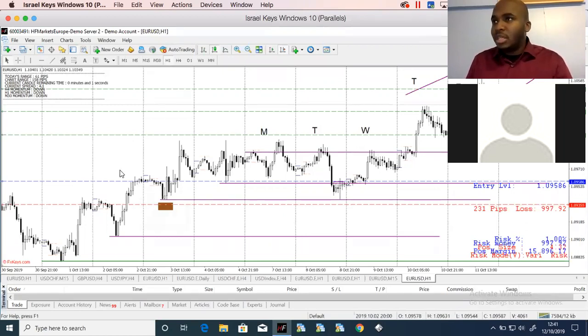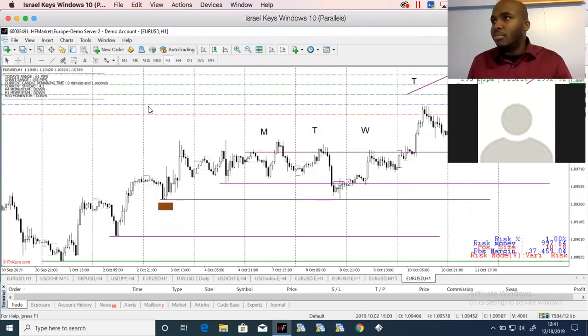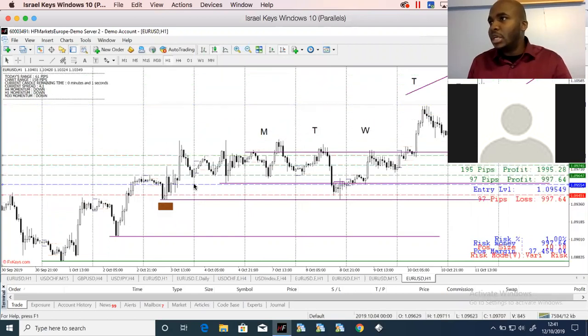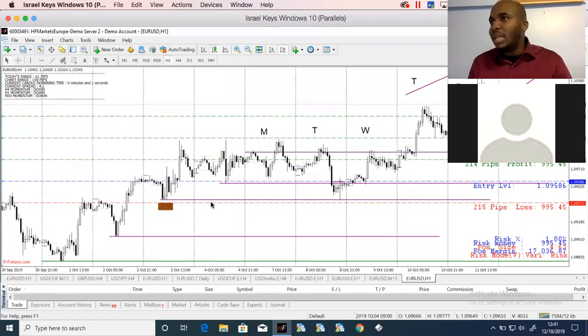Solomon, so you're asking me a question. This for me is how I figure out where my entries and exits are. It's an indicator that just, I put the blue line to my entry. I draw the red line to where my stop loss should be. And then it gives me my profit targets. So now,